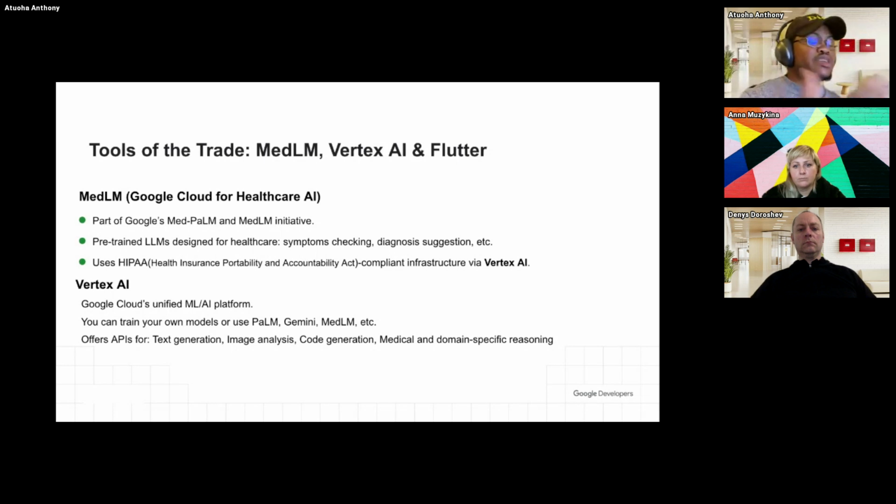These models, even Gemini, are so strong and well trained with data relating to image analysis and domain-specific reasoning regarding the medical side. So it is more aware of that particular field or environment, and it gives you the ability to